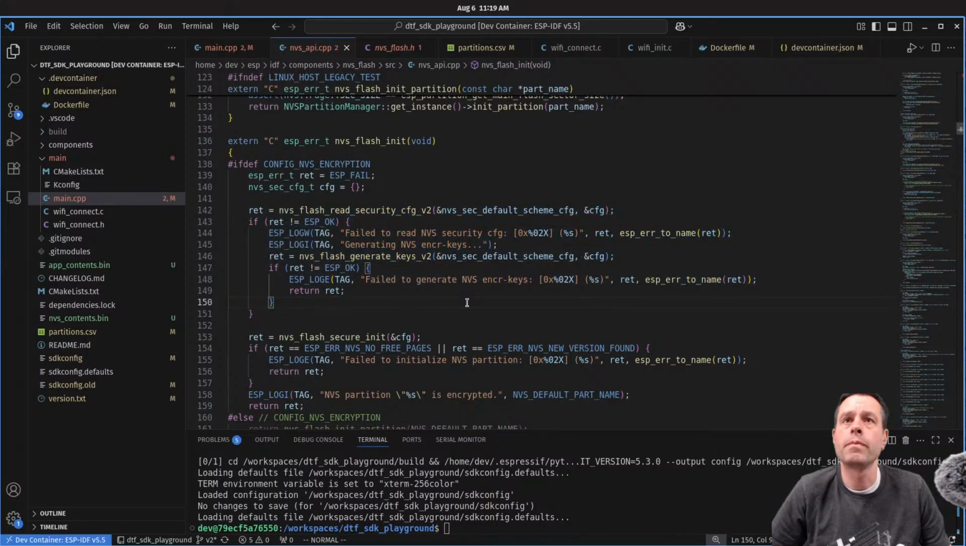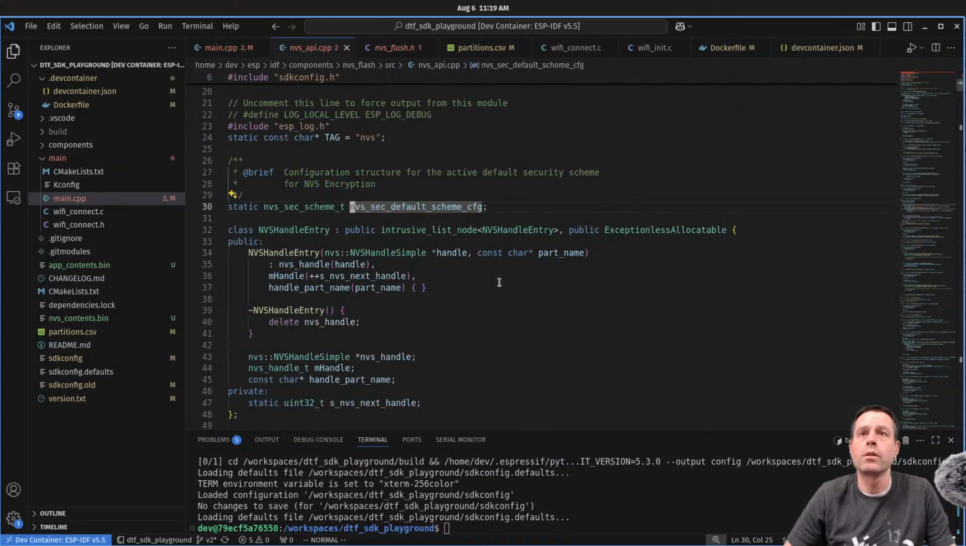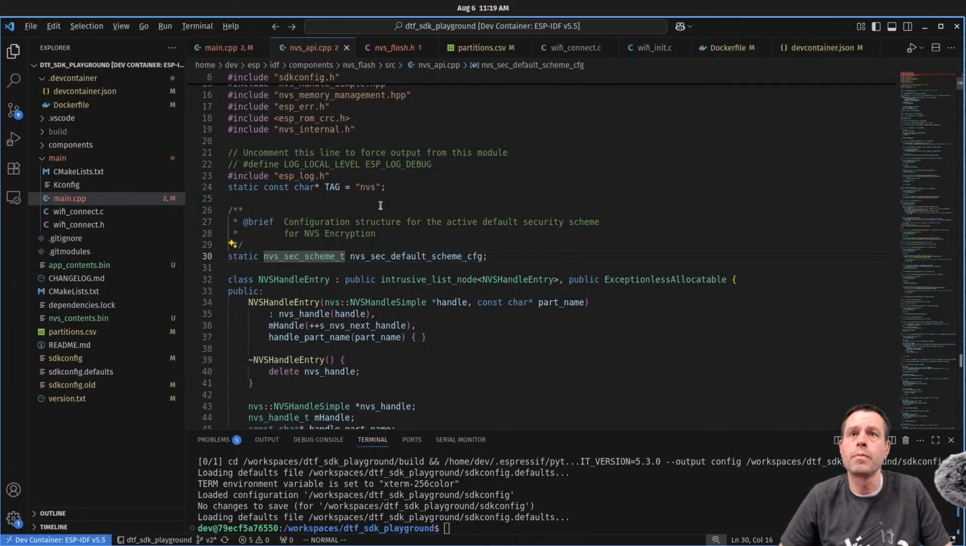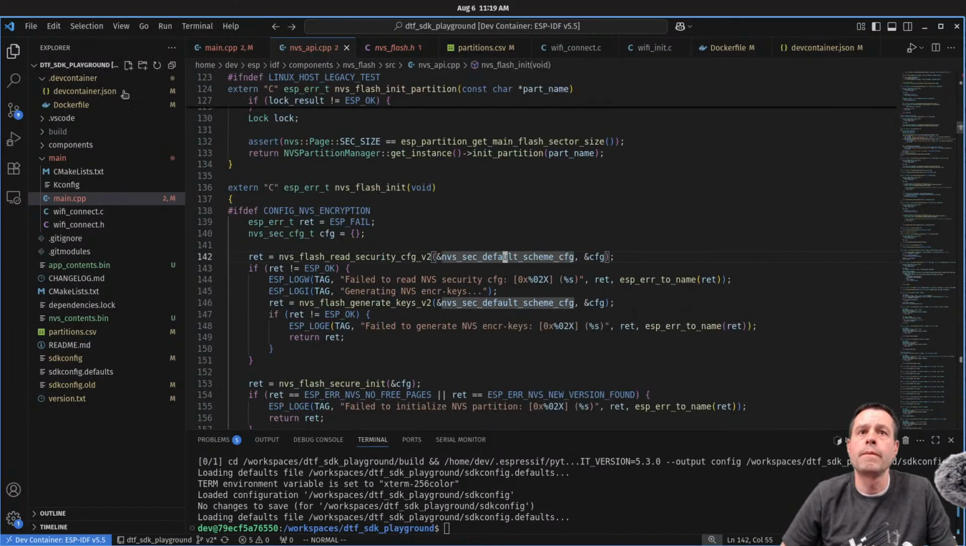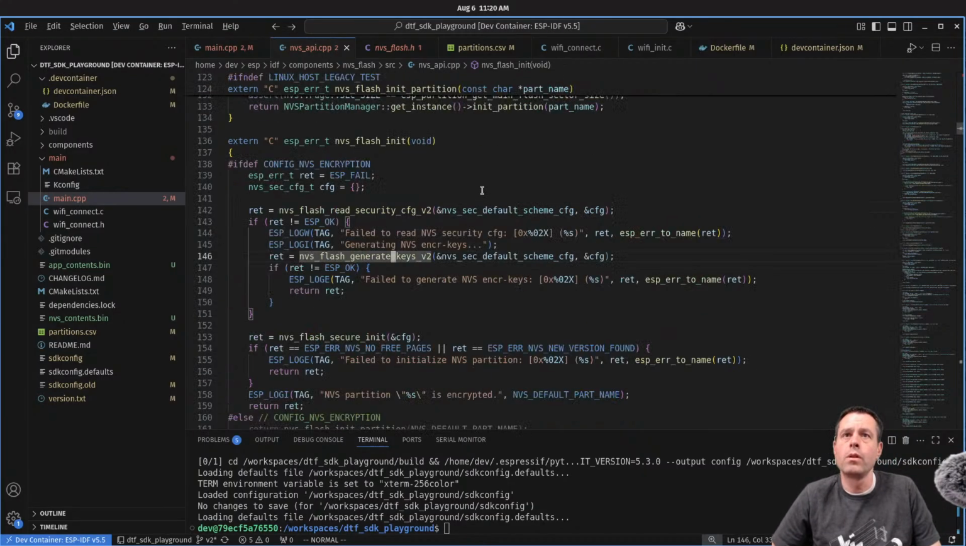Okay. So it feels like we should be NVSSec default schema config. Then it's trying to use that first argument, schema config. It's trying to do flash key in. Okay. All right. Let's do